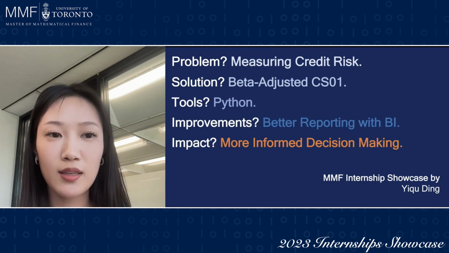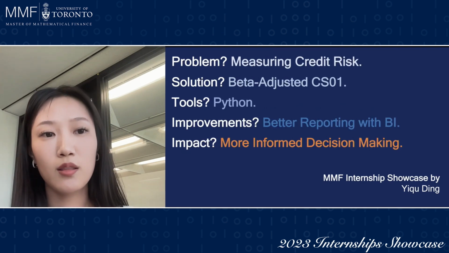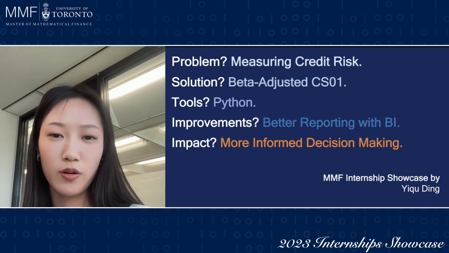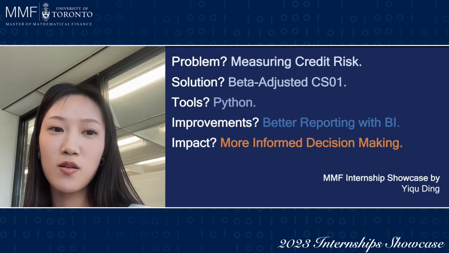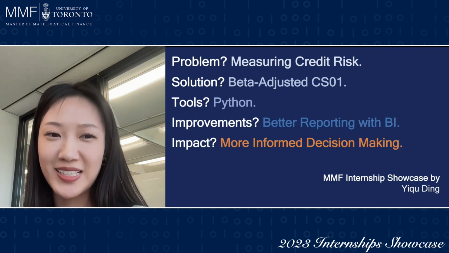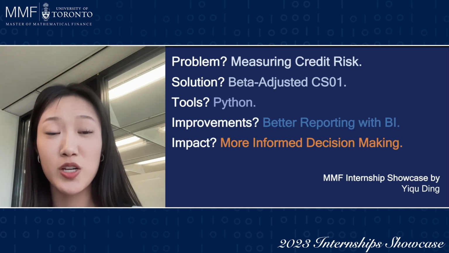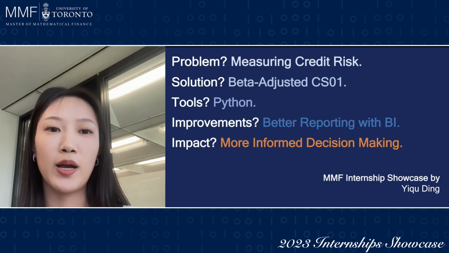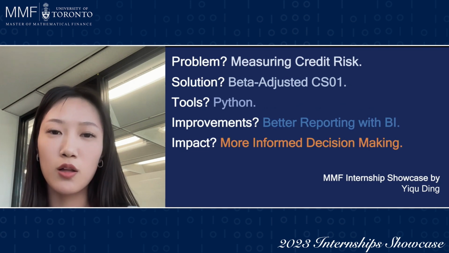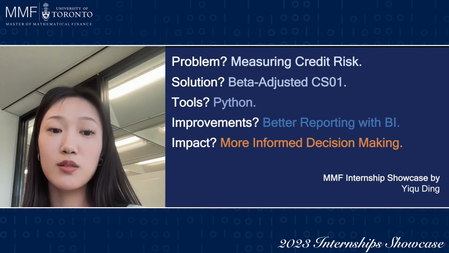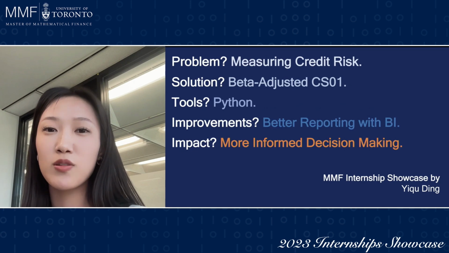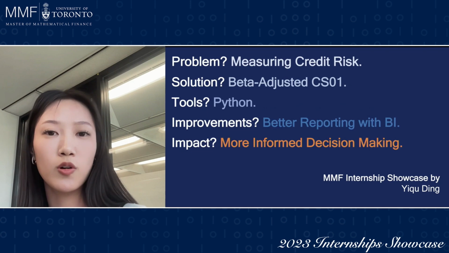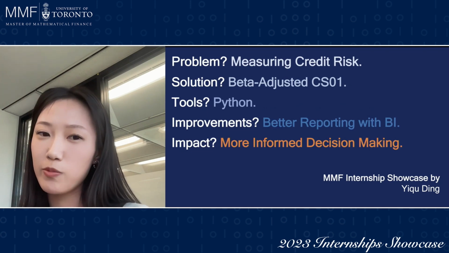First, we identify the problem. The example I'll be using here is the process of how we measure credit risk. If you know a bit about this, managing and measuring credit risk is a key aspect of active portfolio management. In Aimco, we call this CSO1. We define it as the amount the portfolio will move up or down in bips if the benchmark portfolio moves up by 1 bip.